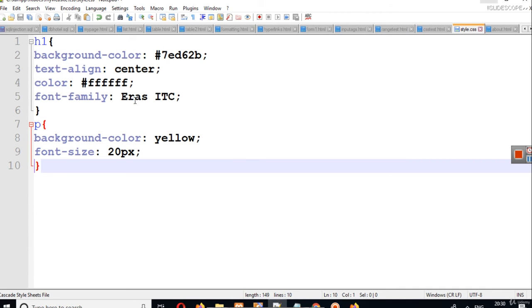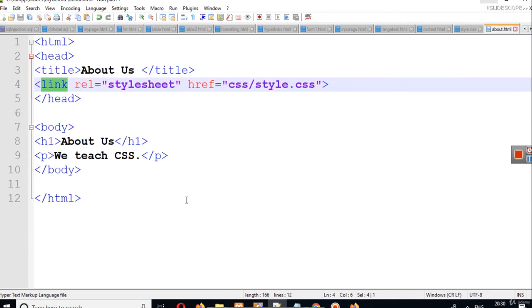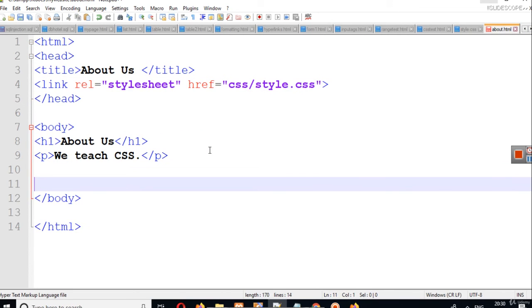We have discussed some properties here. We have discussed the background color property, which can change the background color of any particular selected tag, because we have selected h1 here. It doesn't matter how many h1 tags we have in one document.